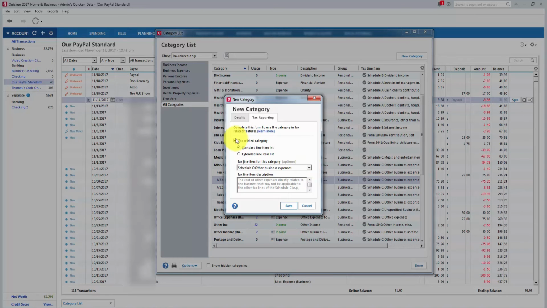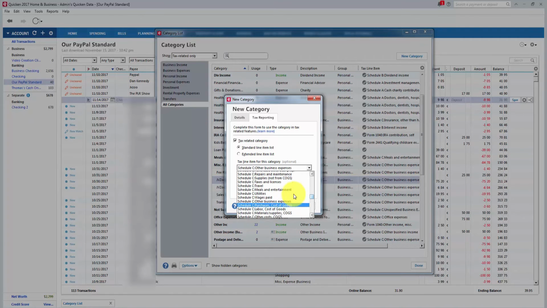We need to designate that this is a tax-related category, and we need to designate a specific line item for the category. So we're going to use the drop-down menu, and we're going to find the most relevant expense category. And typically, you're going to find a Schedule C category, and you're going to use that Schedule C category to turn this